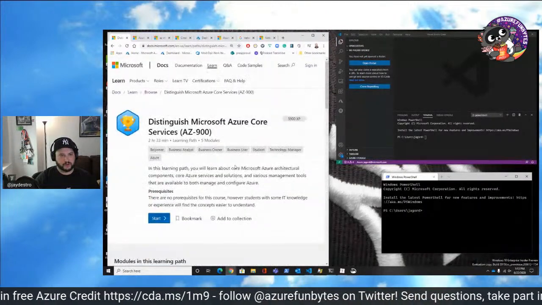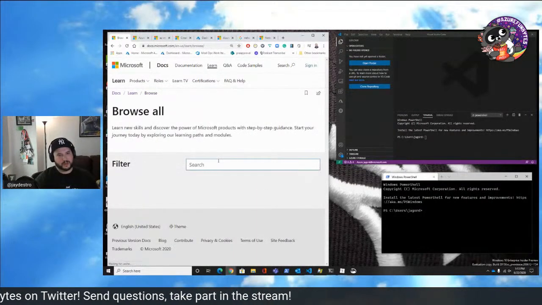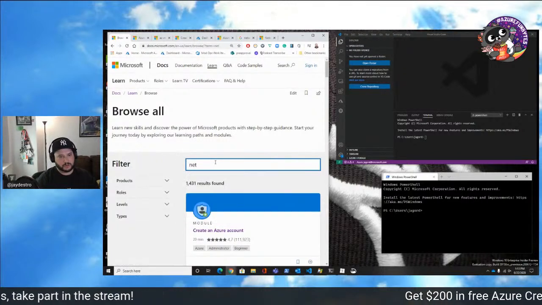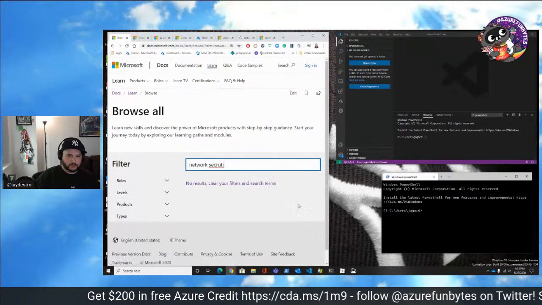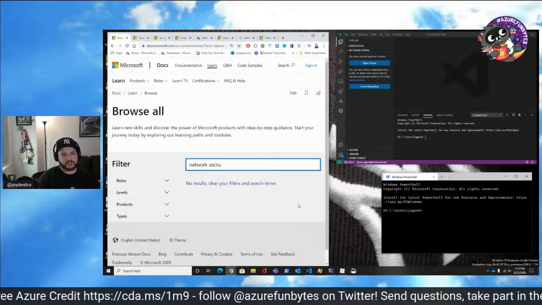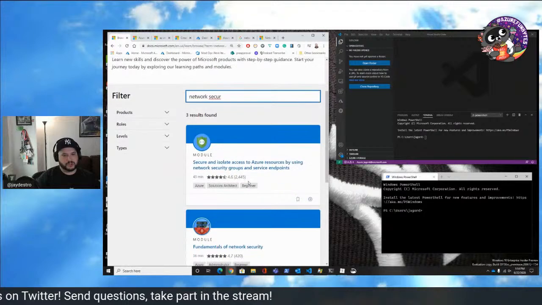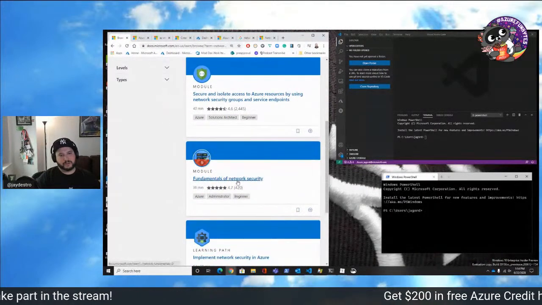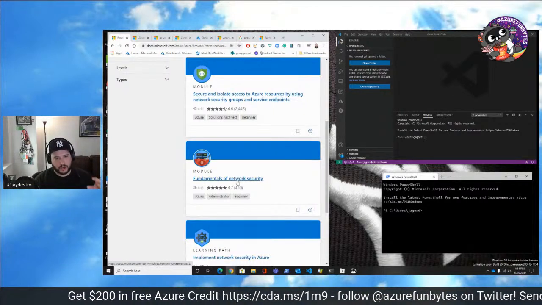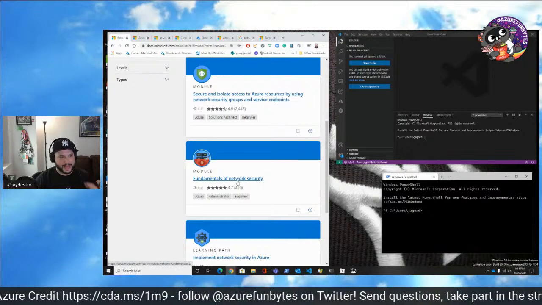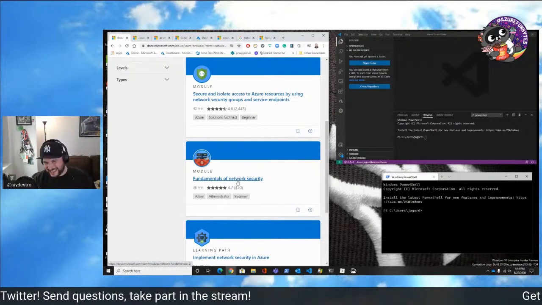So what we're going to kind of focus on today, though, we'll go to browse, are some of the tools around network security groups. So we're going to look up network security. So, little typo there. But see, what's great about Microsoft Learn is that we can type certain subjects that we want to learn about. So there's the fundamentals of network security, which you should really just start with as part of your path down understanding minimal security experience, just getting that little bit of knowledge.